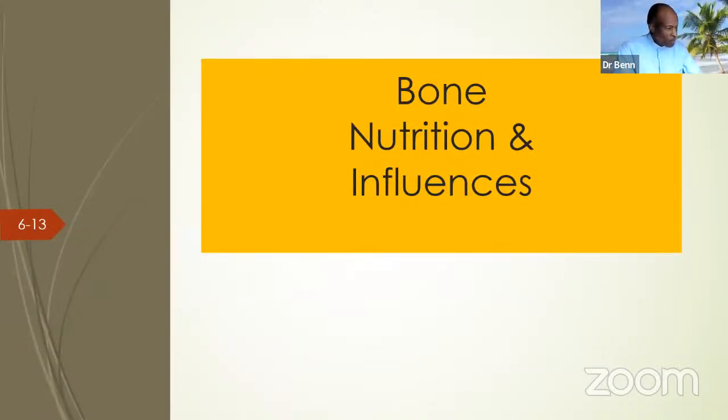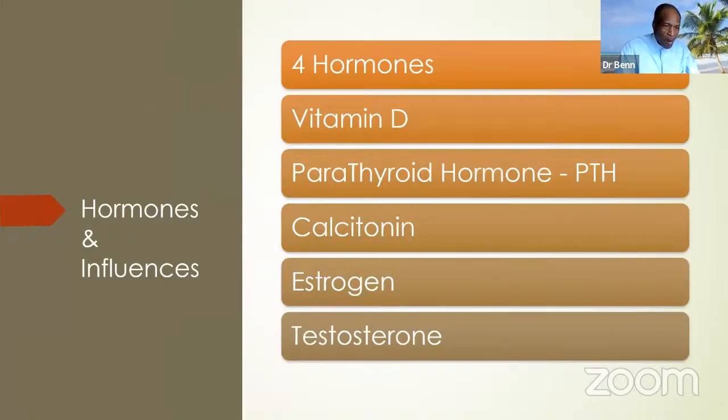Okay, well, very good. Those are sort of foundational things, and now let's go to bone nutrition and influences on our bone structure. Bone hormones and influences. There are several hormones that are important to us: vitamin D, parathyroid hormone, which comes from the parathyroid gland, calcitonin, which comes from the thyroid gland, and then the sex hormones, estrogen and testosterone. Vitamin D is a hormone. Vitamin D is necessary for calcium